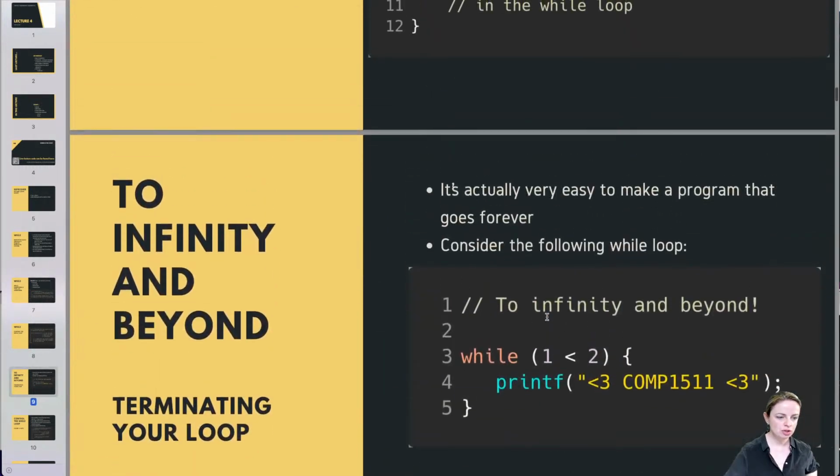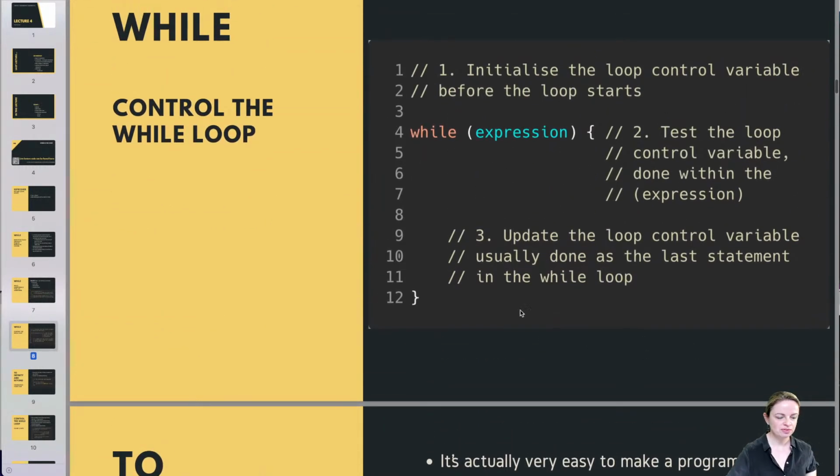And just to remind you, a while loop has this pattern. You initialize a variable that you will control your loop with outside of the while loop. Then you go inside your while loop, inside the curly braces, everything that you're going to be repeating over and over again.